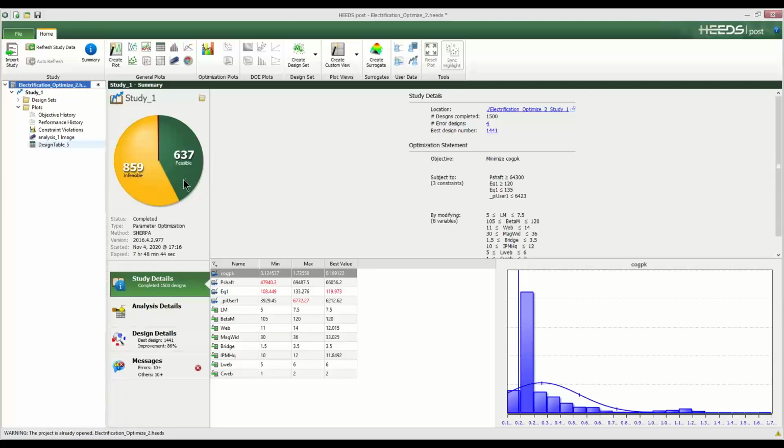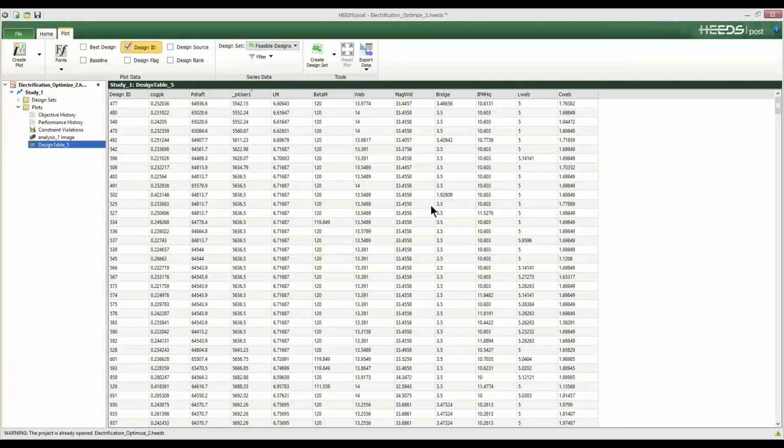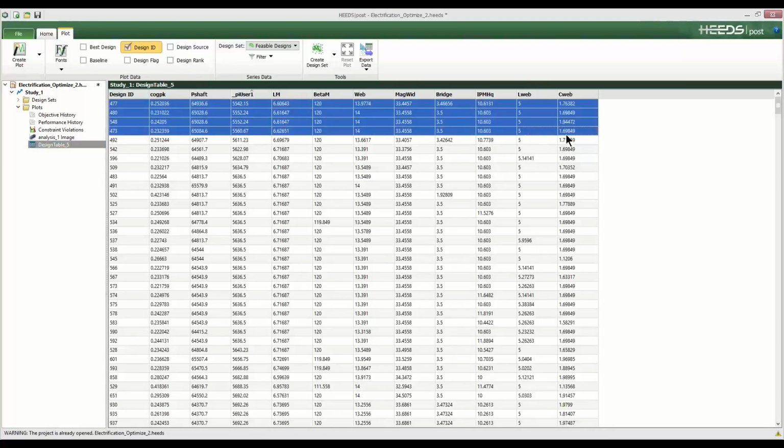Based on this process, we end up with 637 feasible designs out of the 1,500 designs. If we look at those designs, we have a huge list of all the designs that we labeled as feasible. If we do a simple sorting by the user variable, in this case the magnet volume, we can see that we already have promising results while maintaining performance.